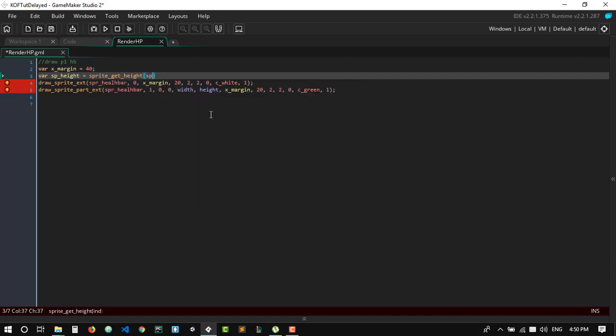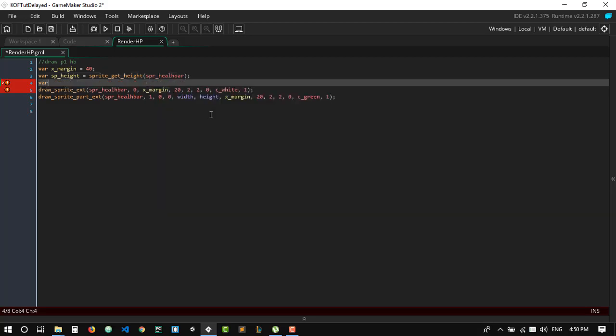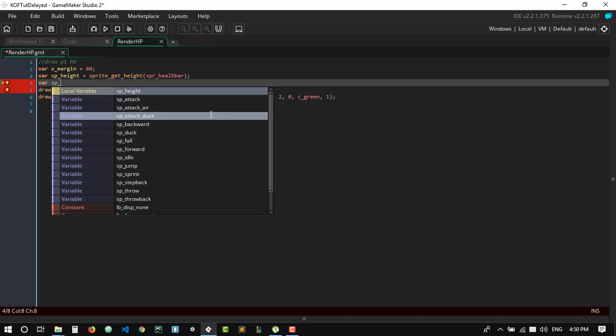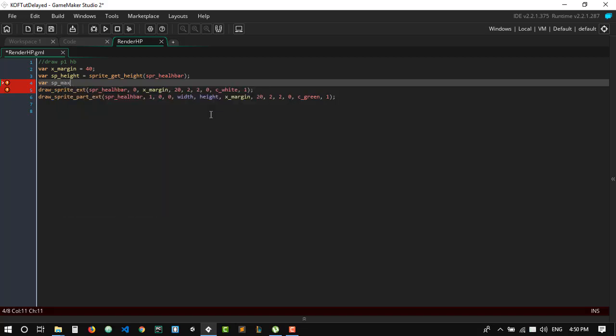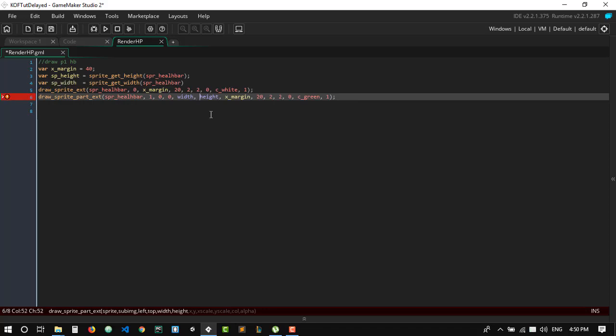Yeah, sprite get height, SPR health bar. Okay, now for the width, this is gonna be a little bit different. So we need a max width, or let's call it SPR width. Okay, now this should be sprite get width, SPR health bar, but we're not gonna use it here. So this should be SP height. We don't wanna choose the maximum width here. What we need to do is, well,